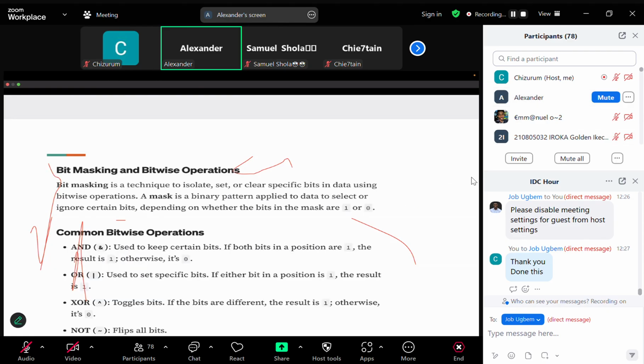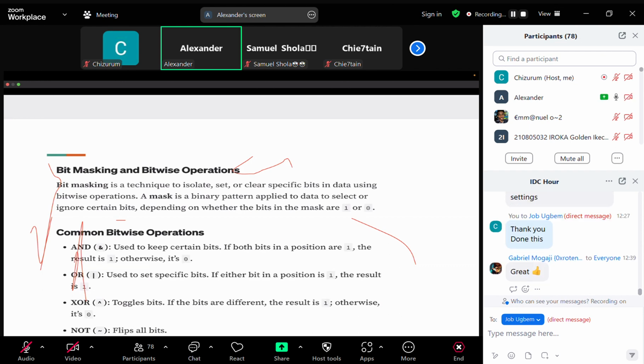Then we will talk about something called bit masking and bitwise operations. Bit masking is a technique to isolate